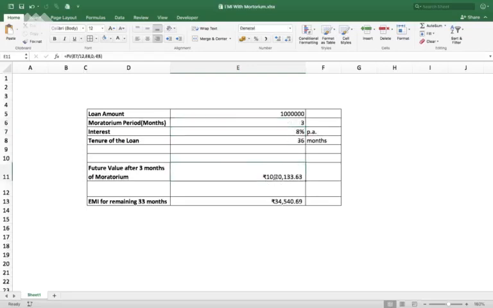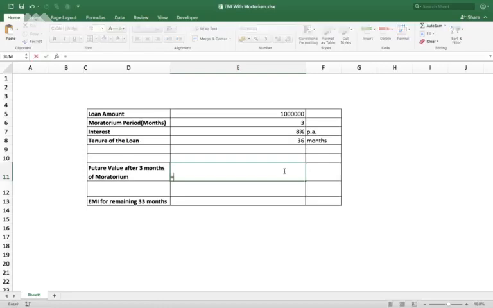So how I have made this future value and EMI sheet is what I am going to show you. First and foremost, I'll delete these two cells, and first we'll learn how we have calculated the future value. Now, as you already know, before starting any formula we need to put an equals to sign.